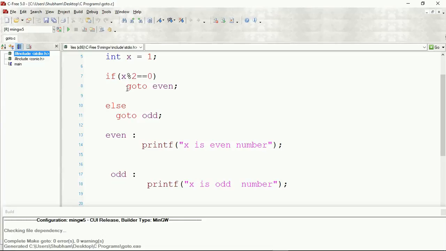And here you can see the label even, and the controller will come to this point and execute this statement if the remainder is 0, which means x is even number. If this condition is false, then the controller will come to this point and execute this statement, which says goto odd, meaning go to that location in the program, which is here, and execute the statement. So here is the location of odd, and it will execute this statement saying that x is odd number. So this message will be printed